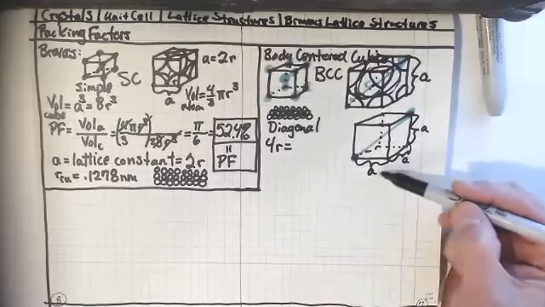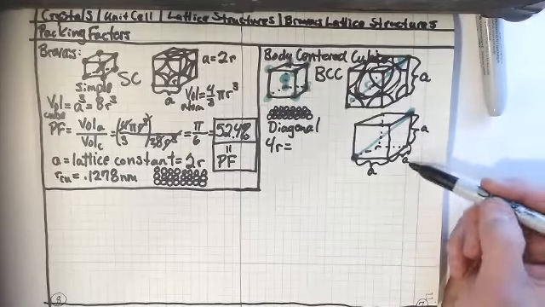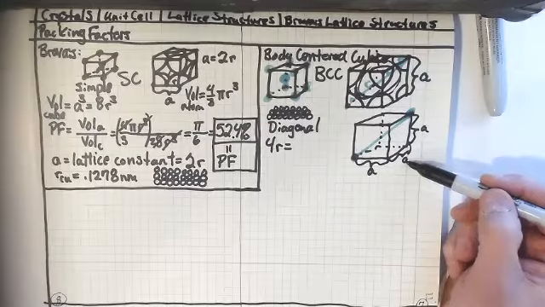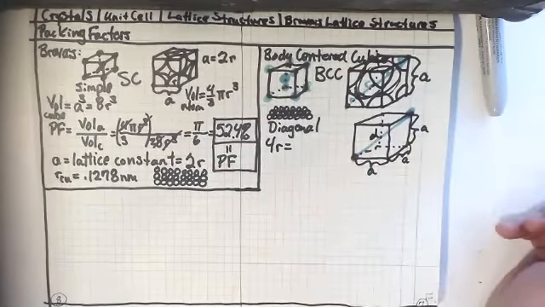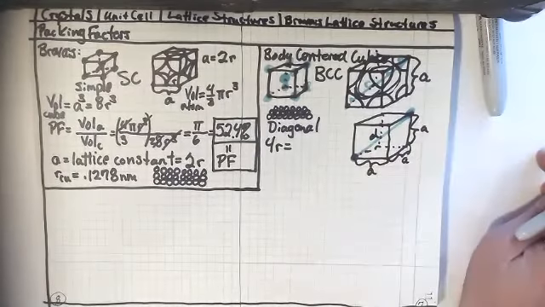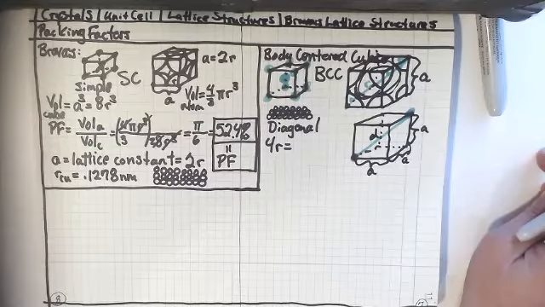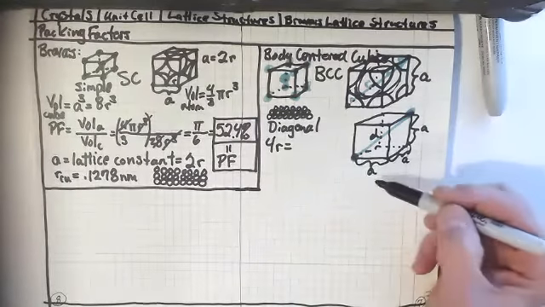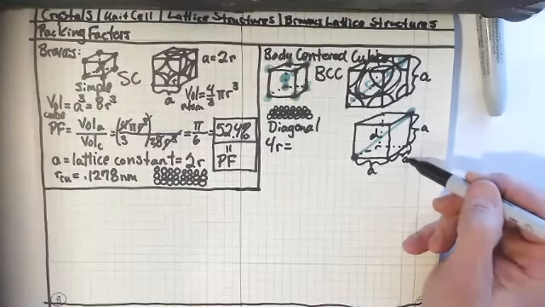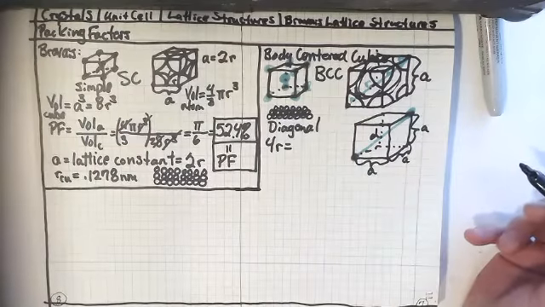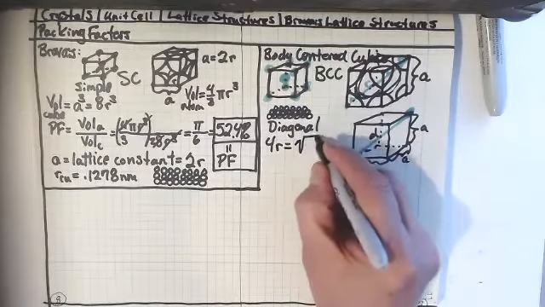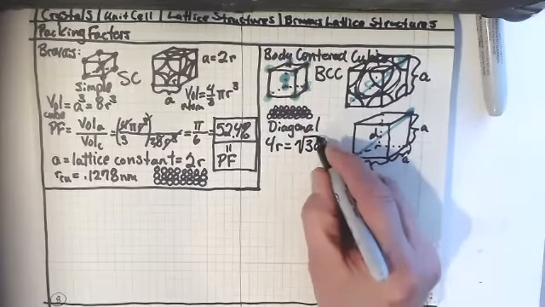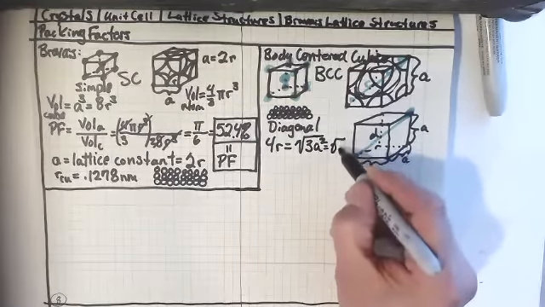So we can use Pythagoras' theorem, the Pythagorean theorem, here. I've got a squared plus a squared plus a squared equals, let's call this d for diagonal, d squared, right? Does everybody see that? So what would that be? That would be a squared plus a squared plus a squared is 3a squared. So if I took the square root of 3a squared, that would give me the square root of 3 times